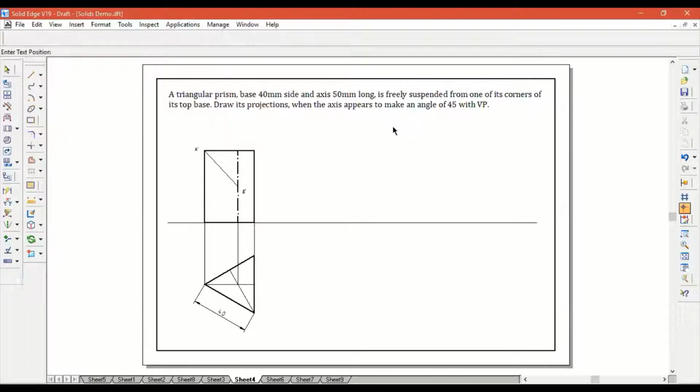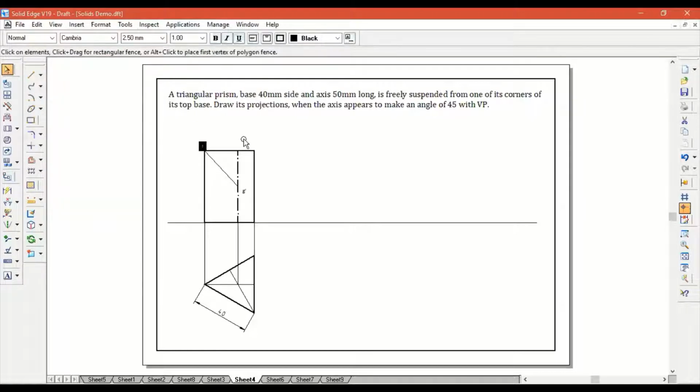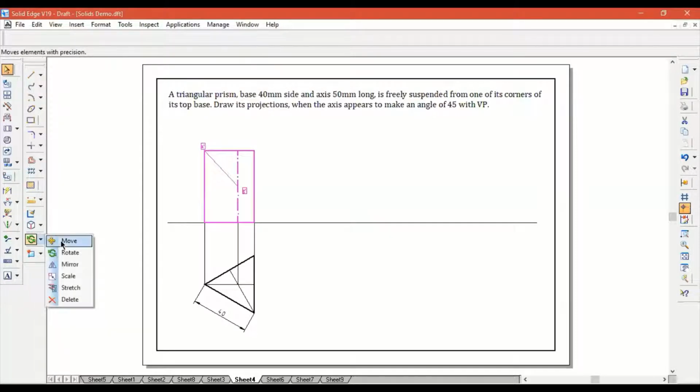So A dash is the point of suspension, and G dash is the centroid. For me to consider this problem to be freely suspended, I need to make sure the line A dash G dash is vertical. So what I'm going to do is use the move command, pick up the object from the point A,